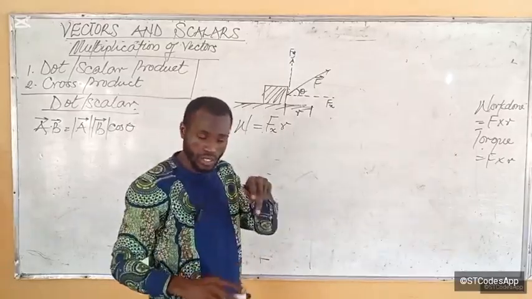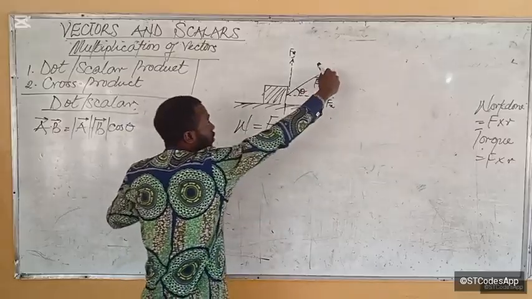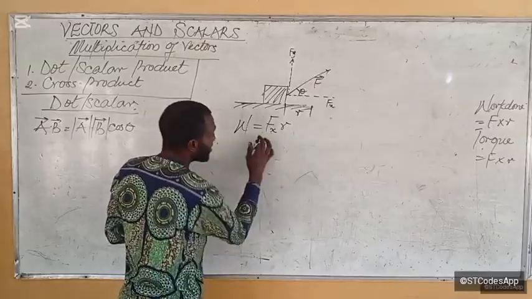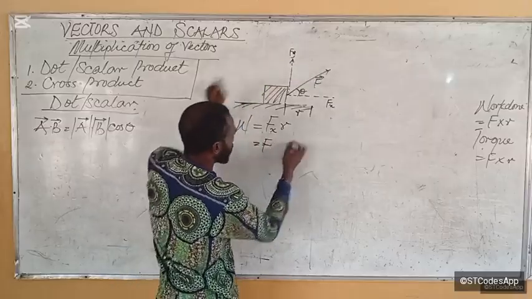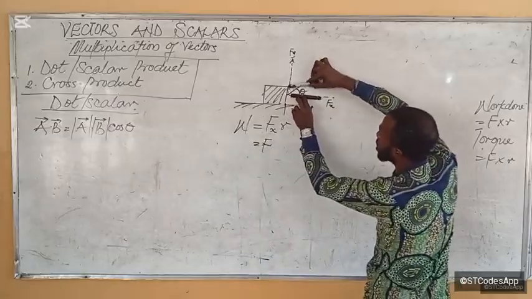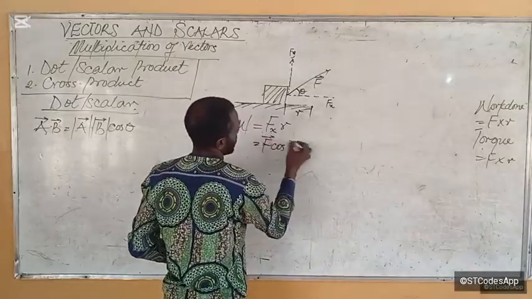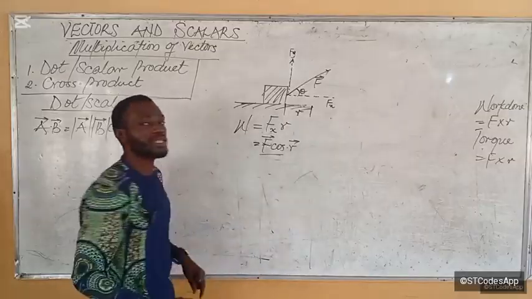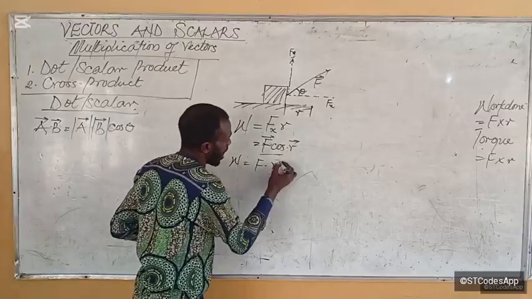I'm going to show you the physical representation of this. Now, F sub x is the one causing motion. So we are going to resolve this to the x component. Now, how do you resolve it? To get F sub x will now be equal to what? F, our actual force, closes this angle, because by resolving it to this component, what are we doing? Look at it. By resolving to this component, we are closing this angle, right? So it will be F cos theta times displacement. So these are two vectors here. So this is F sub x times displacement. So you can see that the work done is equal to what? F dot R